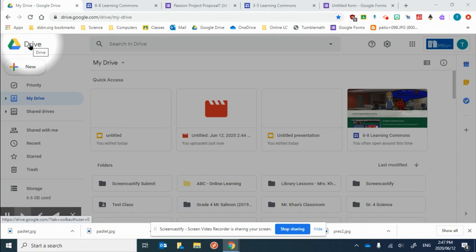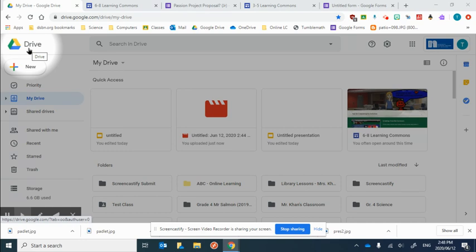If you are here, then you have researched your passion project. You have been practicing and working on it, and you're at the point that you want to start to share your accomplishments. If you look in the top left-hand corner, we're going to actually be using Google Slides to